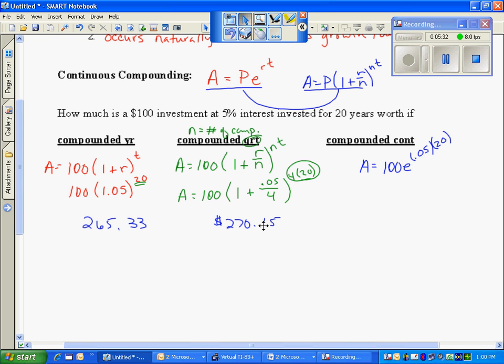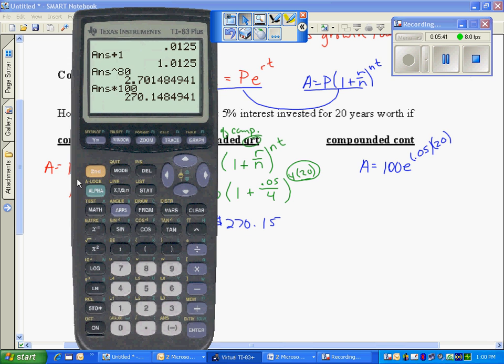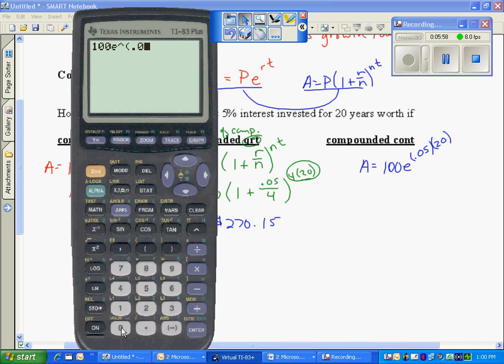It seems to me that it should be more because I'm getting interest calculated more often. And so when interest is calculated, it's on the interest that I received from the earlier time it was computed. So I'm going to take 100, and there is an e here on the calculator. On the calculator, it's this second ln button, and notice it raises it to a power. It knows that I'm going to put in 0.05 times 20. So that's the exponent on e. And when I see what I get here, I get